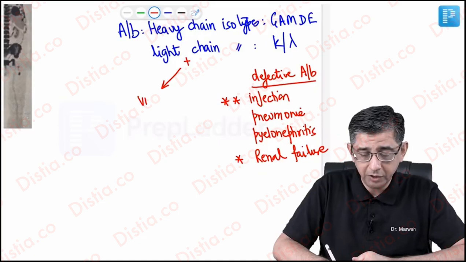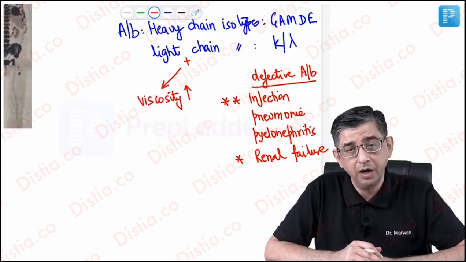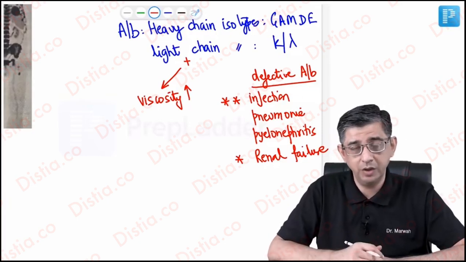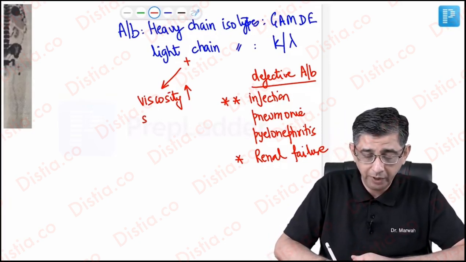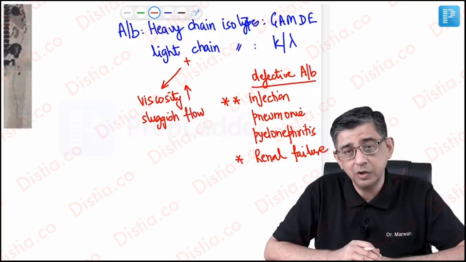Because the light chains will be produced much more than normal, this condition will also contribute to an increase in the viscosity of blood. Now, I will be giving you definitions of what I mean by the word hyperviscosity syndrome, but the bottom line at the moment is that this will contribute to sluggish blood flow, and therefore you're going to read regarding organ infarction in these patients.